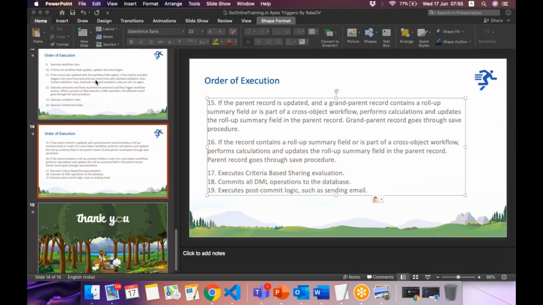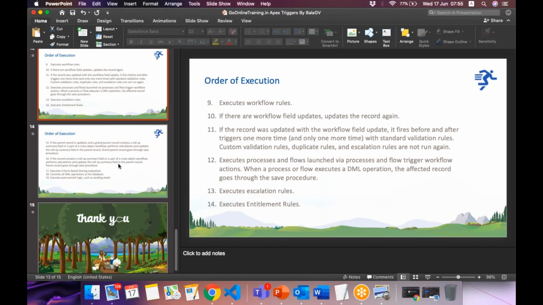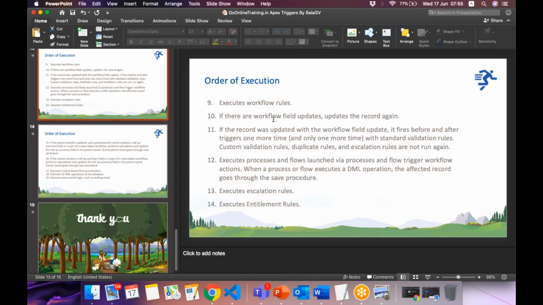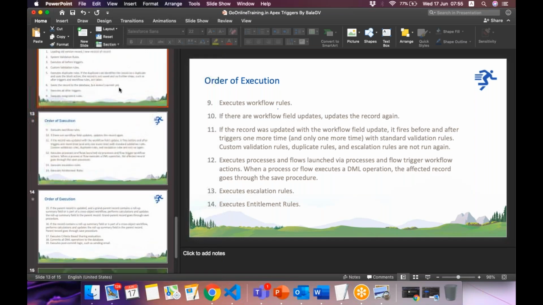I want to bring up other points. So I observed that some points are missing. So this kind of escalation rules, duplicate rules. Okay, only those two included here, which you don't know. Entitlement rules as well. So we'll discuss them as part of Sales and Service Cloud overview. Okay, going back,